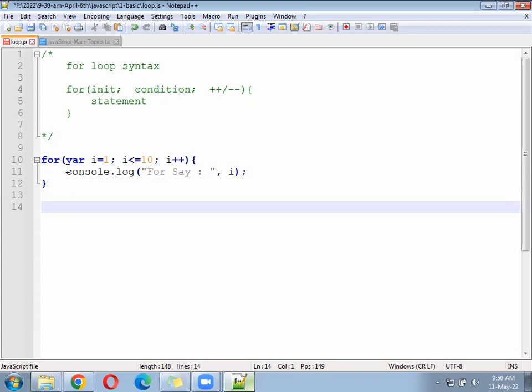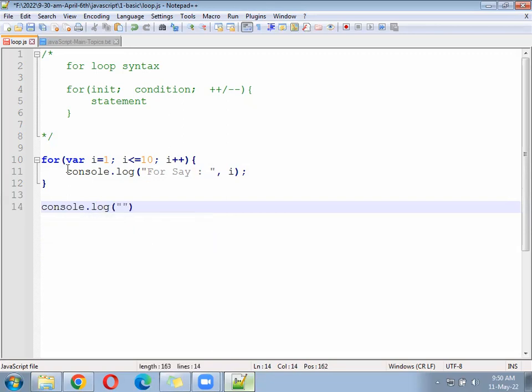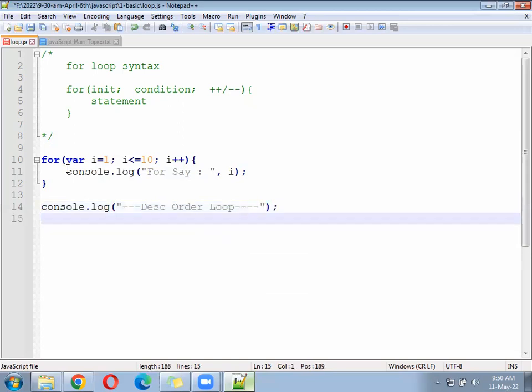So for that, console.log, descending order loop. Right here, again, one for